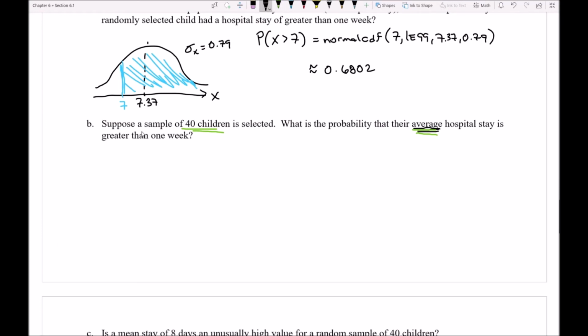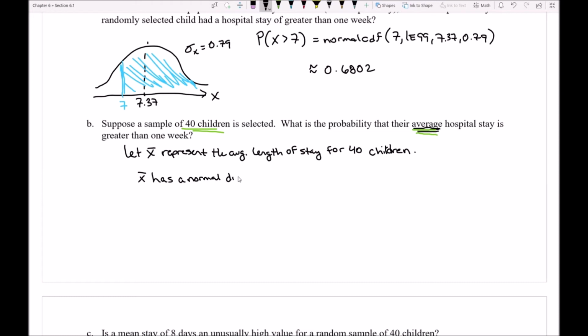So I'm going to start with this. I'll say, let x bar represent the average length of stay for 40 children. I don't know what that average is going to be. It could vary, so it's a random variable. I can now go ahead and check what distribution x bar has. And I can see that x bar has a normal distribution